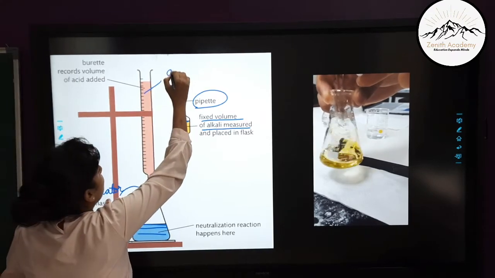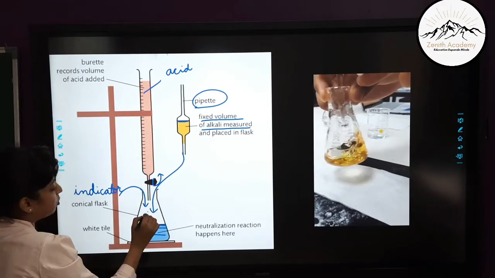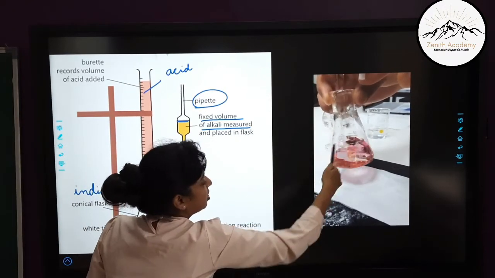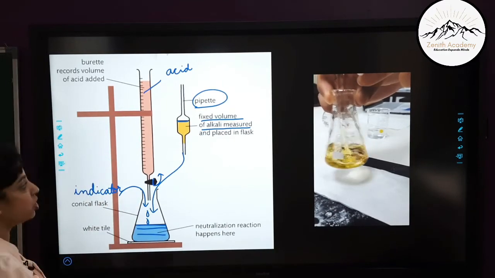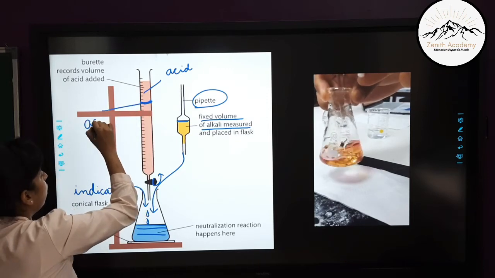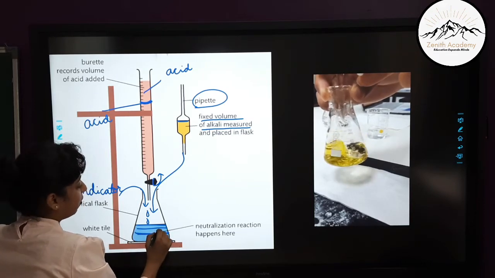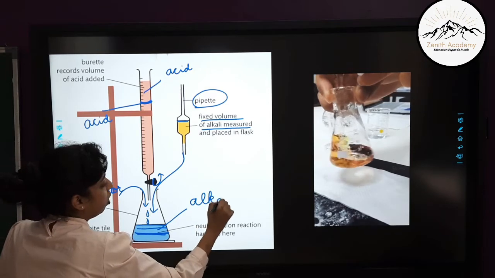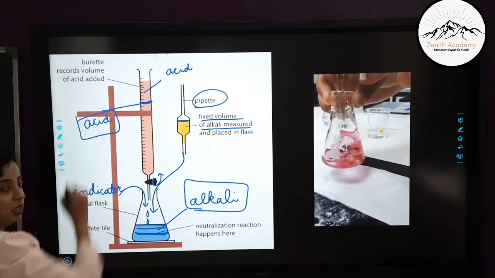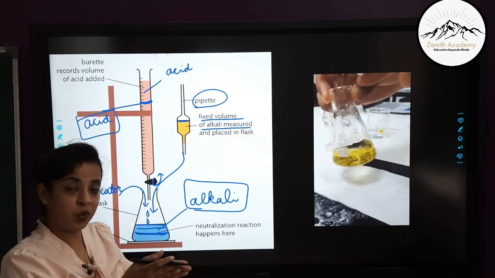So now this is the acid, and when we open this knob, okay, acid keeps on falling into it until there is a change in color. You can see here the acid is being dropped, and suddenly when the color changes, we stop the titration. We note down, suppose this is the final reading, we note down the acid which was required to titrate or to neutralize the fixed amount of alkali. So now we know the amount of alkali which is needed for neutralization and the amount of acid. Now what we will do, we will take this fixed amount of acid and alkali and we mix them together to form the salt.